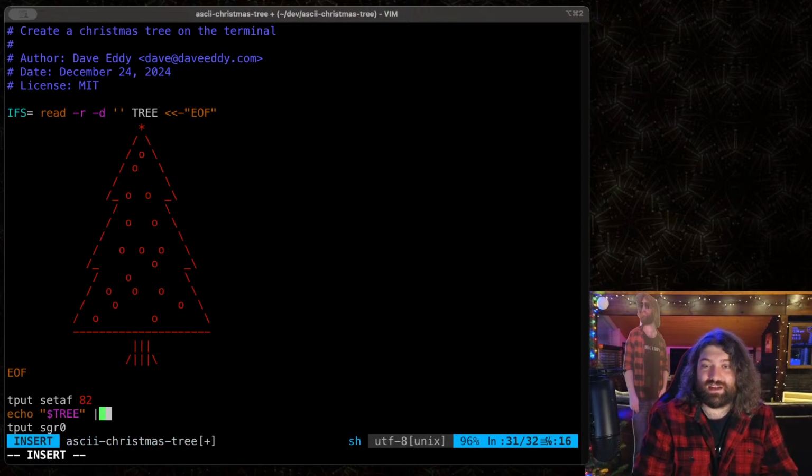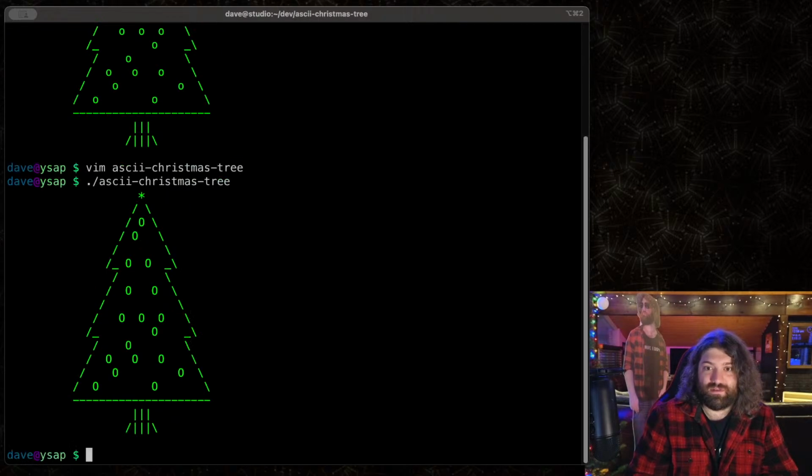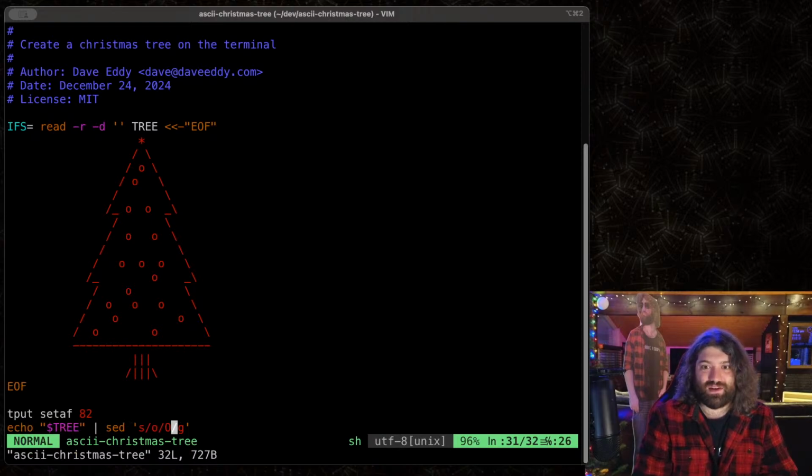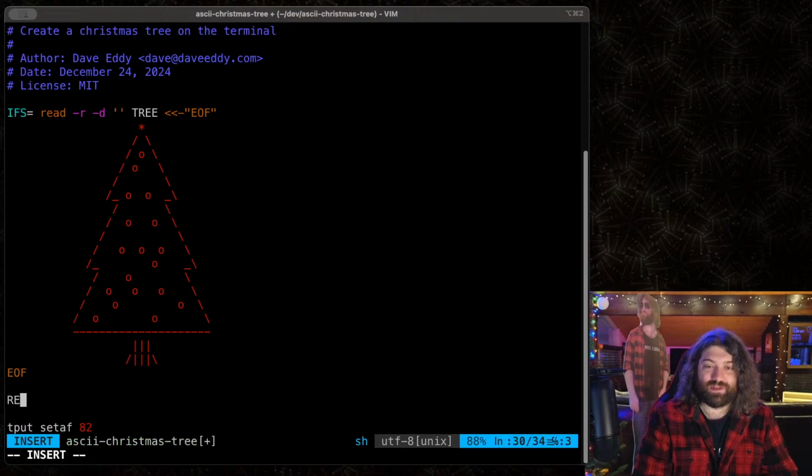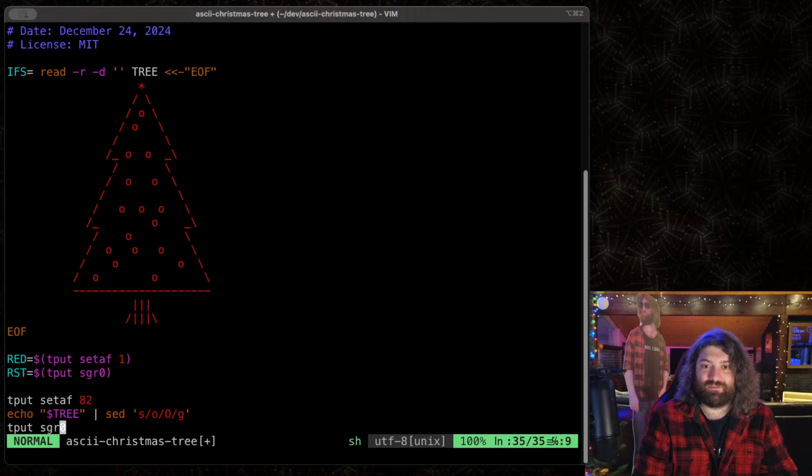Because if I did this, I can just replace an O with, let's just do this, replace it with capital O. I can do this, right? Yeah. So if I can do that, then I could replace that with color codes. I could come up with something: red equals tput setaf 1 and reset equals tput sgr0. So I think I could replace O with,